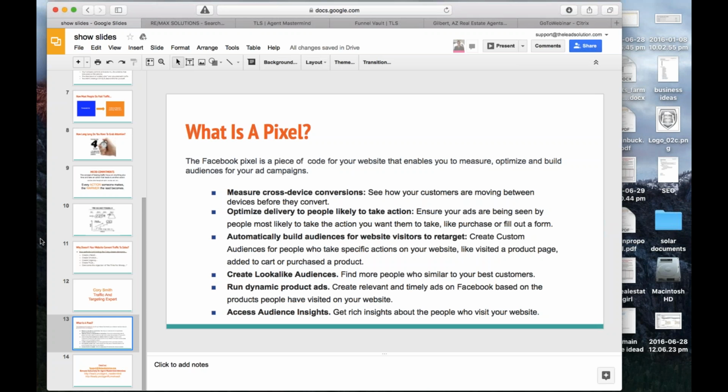And that's one of the biggest issues that I personally see with a lot of the broker websites, as Dallin pointed out earlier. For one, I noticed that they don't have a Facebook pixel on them half the time. And if they do, the direct real estate agent doesn't have ownership. They're not the ones that control that. So that's where the pixel could be really big: it allows you to control your marketing activities after they hit your website.